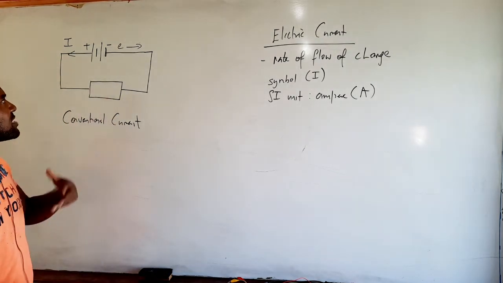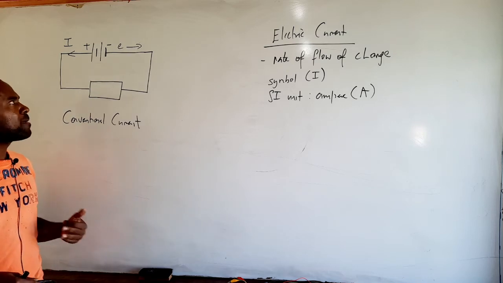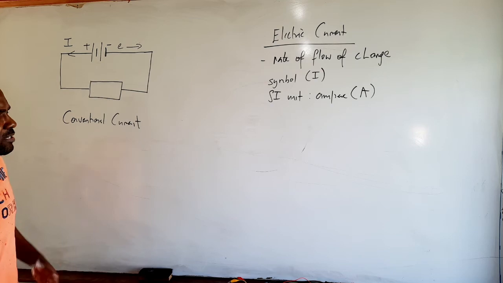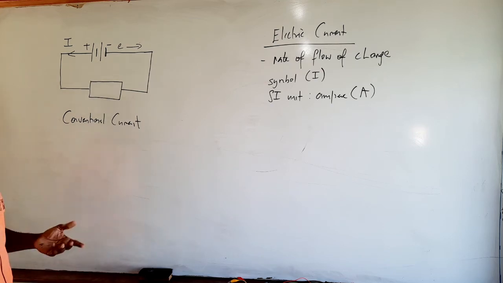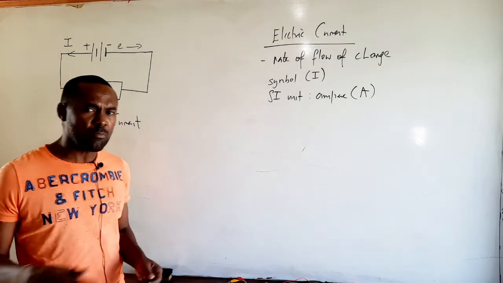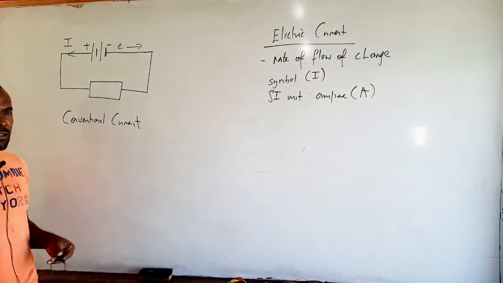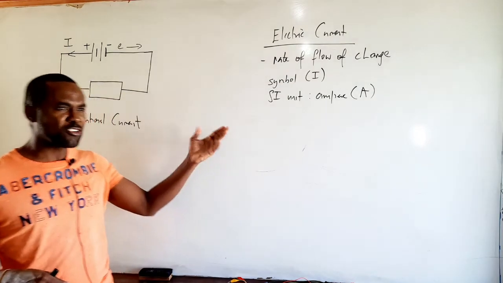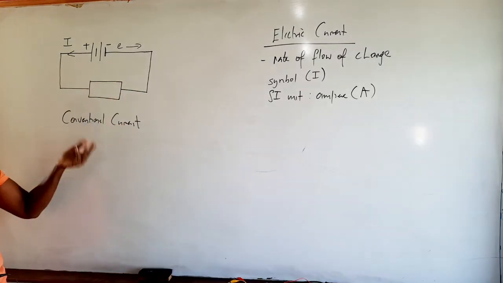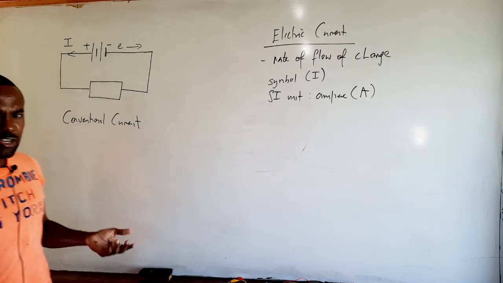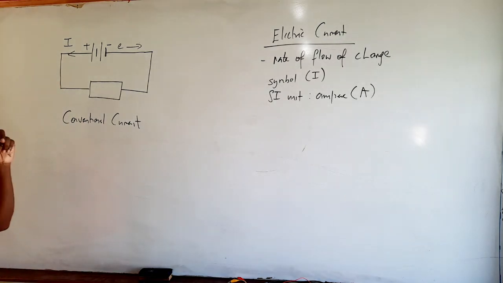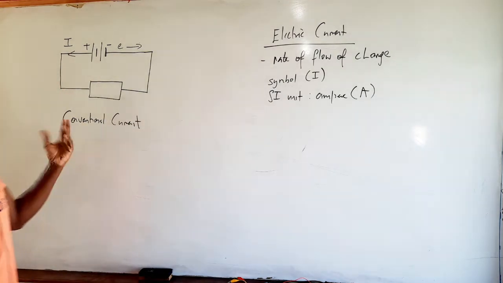And therefore, it was accepted for quite some time that an electric current was due to the flow of positive charge. However, it was then later discovered that the positive charges, the protons, were strongly bound within the nucleus of the atom and therefore did not move. It was the negative charges, the electrons, which were actually able to move and therefore responsible for the flow of an electric current. However, by this time, it had long become accepted as a convention that electric current was due